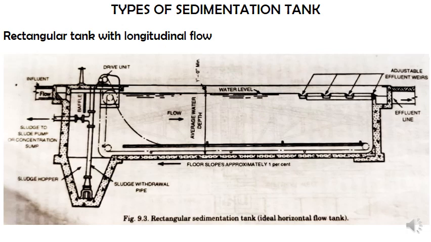Okay, now this is a rectangular tank with longitudinal flow. Here I'd like to explain what this particular figure is indicating. A rectangular sedimentation tank. Now let us see here. We have the influent or inflow over here. As and when the inflow is coming, there is a particular channel. Regarding this, we'll study in the coming slides.